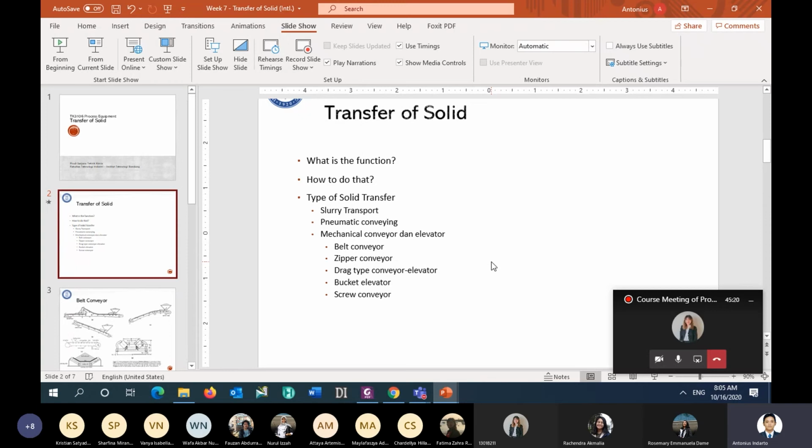In the case of coal, you cannot make it very homogeneous in terms of size, for example 100 micron or 60 micron or 40 mesh or 100 mesh. You cannot do that. Usually when we have coal, the range of the size will vary, from the smaller one to the bigger one.